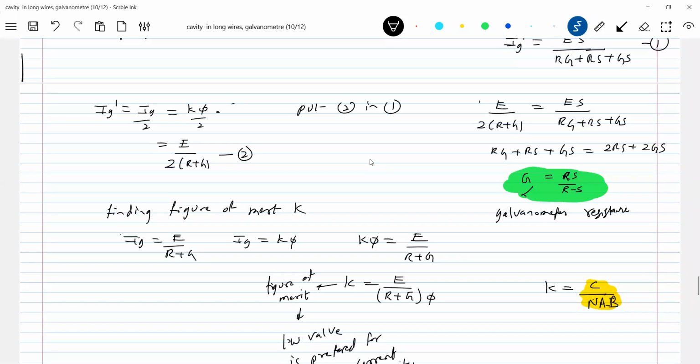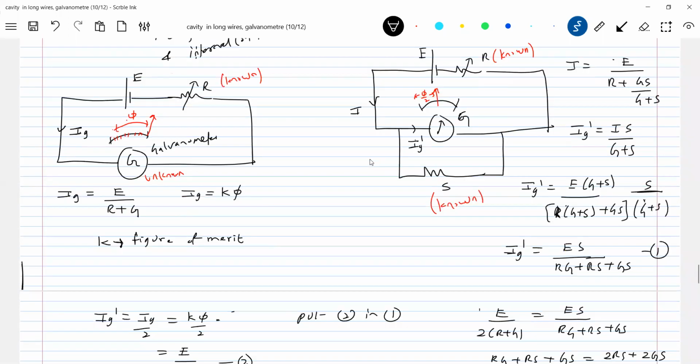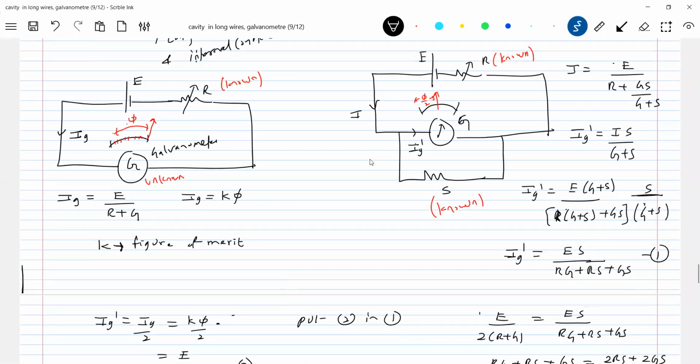So G, using this experiment. First there is full deflection, then a shunt will be connected. The value of S is so chosen that the deflection will become half. Then that value of S I'm going to substitute here. So theta by 2 I'm showing, the deflection. How much deflection does it show? Half of it should show in the second circuit here. Like that, the value of S is chosen. So you write it here, this value of S is chosen or adjusted.